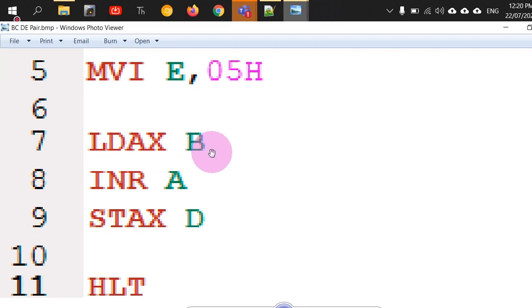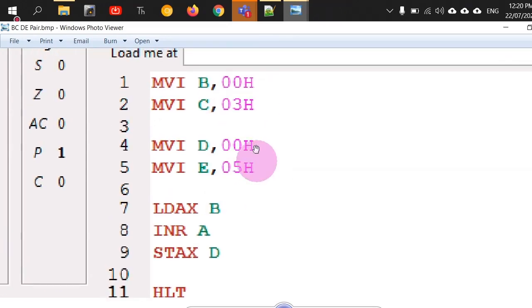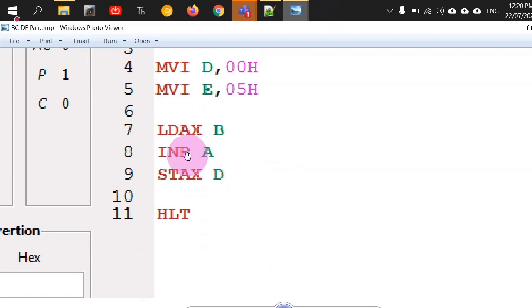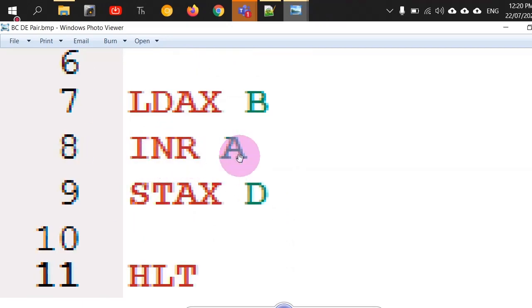If it would have been the HL pair, we could use the command simply MOV A, M, right? So this is the difference, and that's why we do not call the BC register pair or DE register pair a pointer. And as per the intention we began with, we wanted to load the number from 0003 in the externally interfaced memory and increment it by 1. So the command for that is INR A. INR is increment. And I usually get confused between this INR and INC because in 8086 the equivalent command is INC.